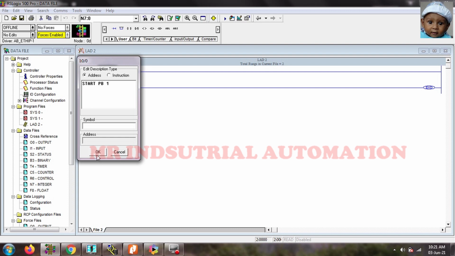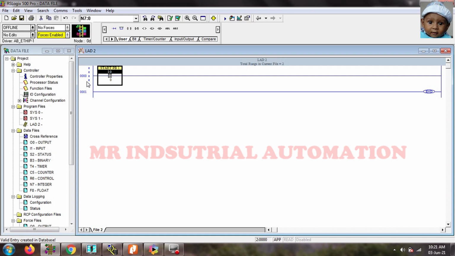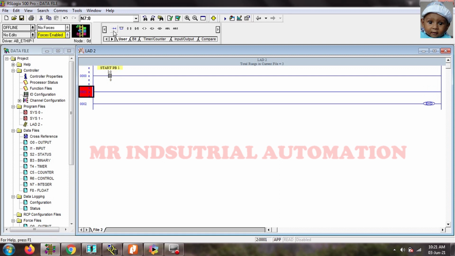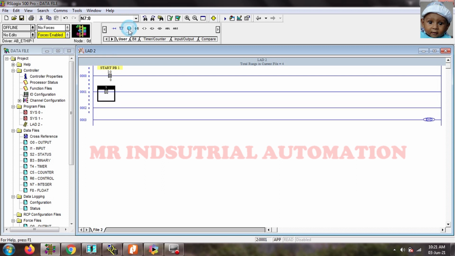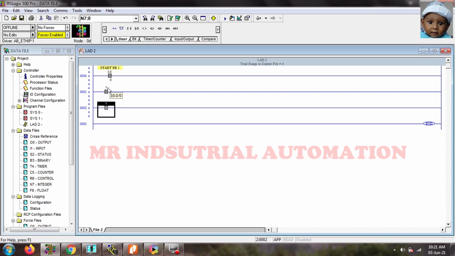The name is start PB1. I am taking 3 inputs on 3 different rungs because we are creating an interlocking type of program. So we can see how the interlocking works.